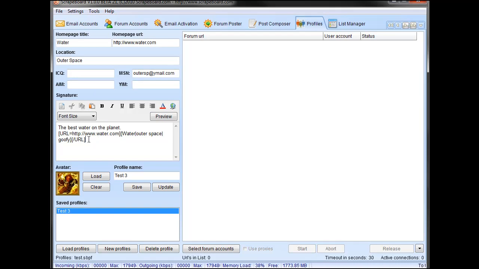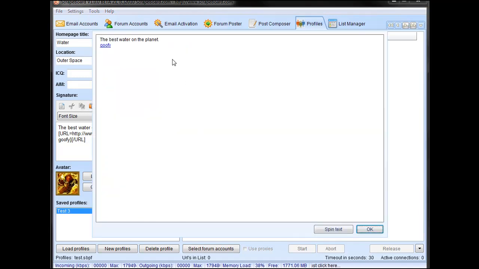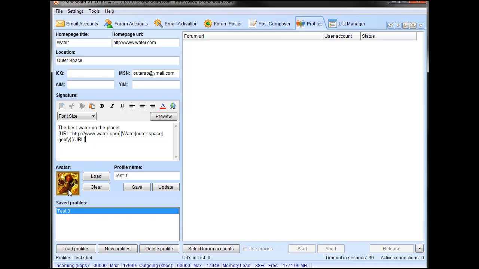It's a forum, so it supports forum code here, not HTML code, and then it also supports spinnable text, so I can put in stuff there, like the best water on the planet. Once I've got my signature in there, definitely want to preview, always want to preview. It's going to show you right here exactly what it's going to look like. I can spin the text and get different things, but if you mess this up, it's really easy to look like a spammer if you mess up a little bit of your code, and you definitely want to preview it. I can load up a custom avatar, and then I've got to give this profile a name,